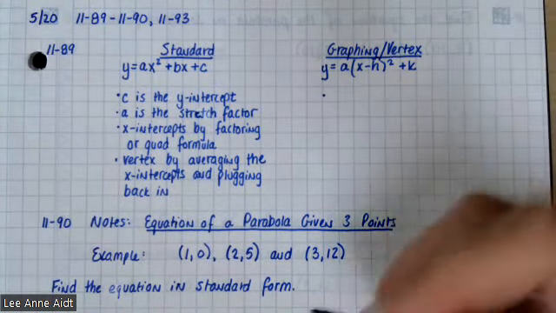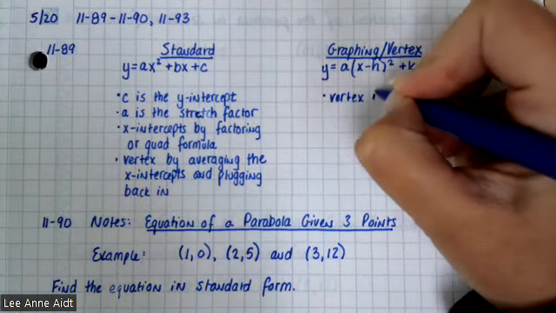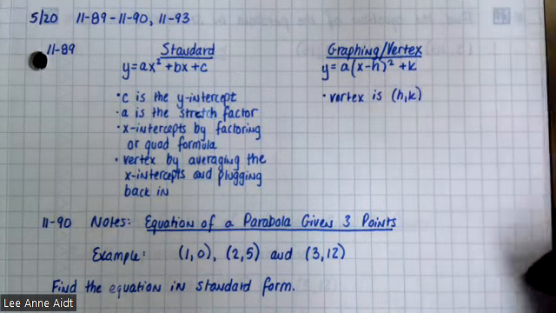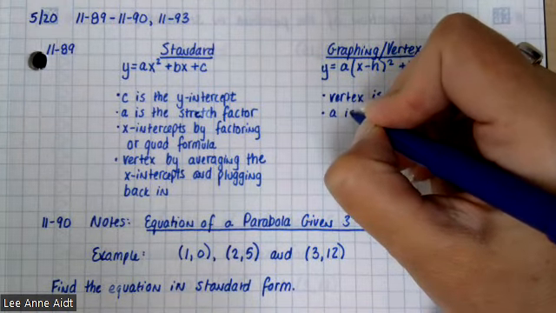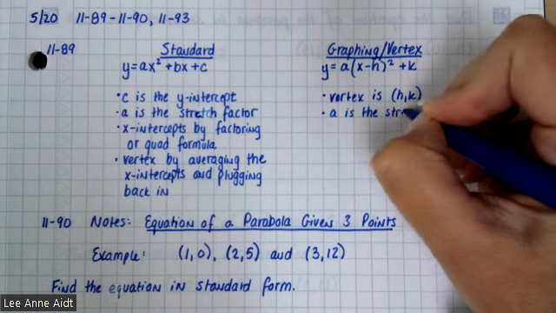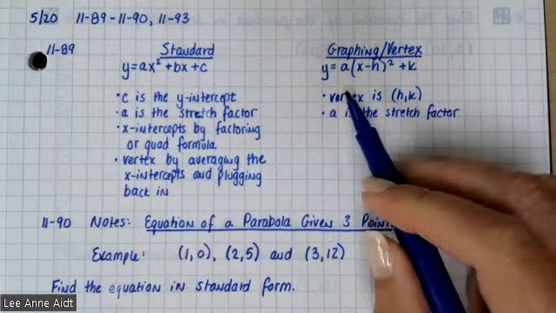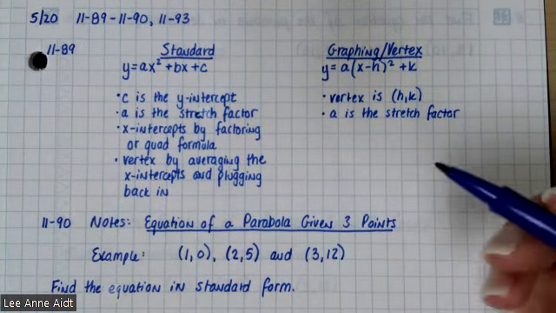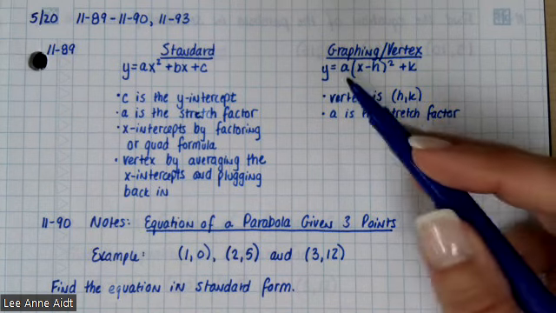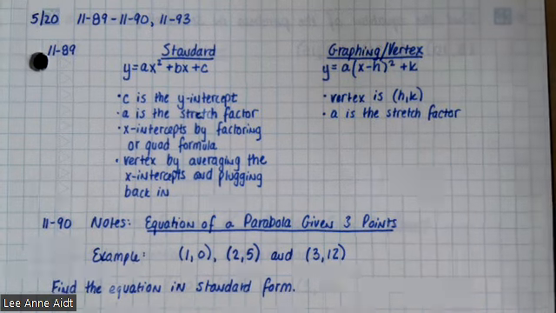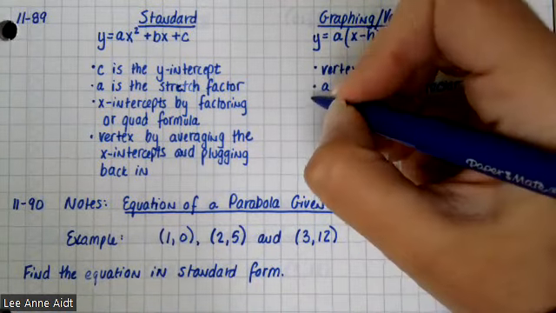What can we do with graphing in vertex form? So we know the vertex is (h, k). A is still the stretch factor. That's the same in both of these. And I don't know if you remember, but finding the x-intercepts from this or the y-intercepts is really awful. So you have to actually